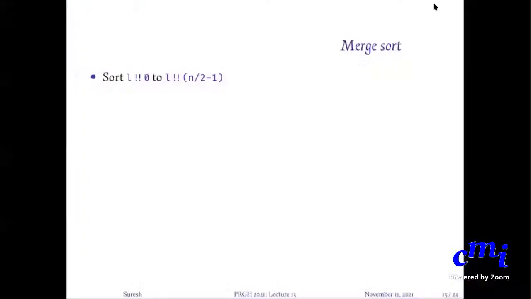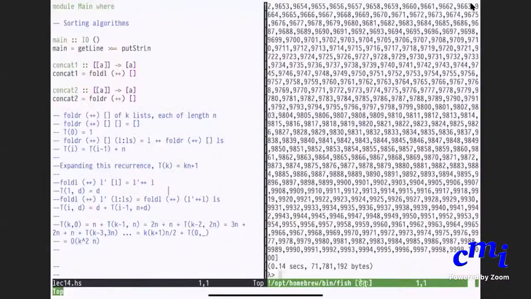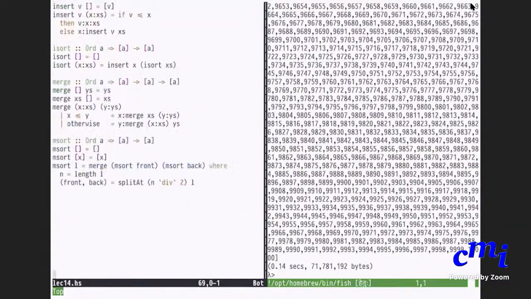Let us figure out the time complexity of merge sort. Is merge sort itself clear? The algorithm itself should be reasonably straightforward. Like many of these, Haskell renders these algorithms very nicely, because you are just saying, what does it mean to sort a list? Sort two halves recursively, and put the two sorted halves together. We looked at merge. How do you split a list? You do split at, that's front and back. You M sort front, M sort back, merge them. That's it. Does anybody have a question about merge sort, how it works, etc.?